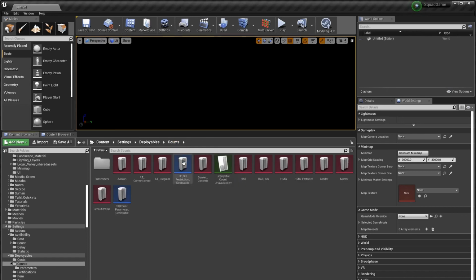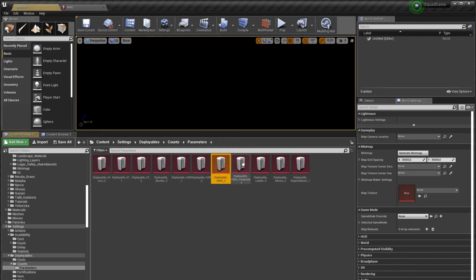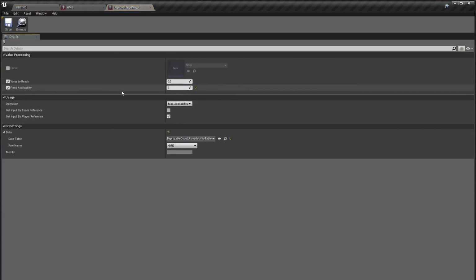And this parameter class is actually here. This is the blueprint class which manages to configure everything. Here it gets the local FOB, and if there is a FOB, it tells you that you have the fixed availability, otherwise it gives you 0. So in the case of our HMG example, if we have 0 FOB locally, you will have 0 available deployables of HMG, and if you have a FOB locally, you will have 2.